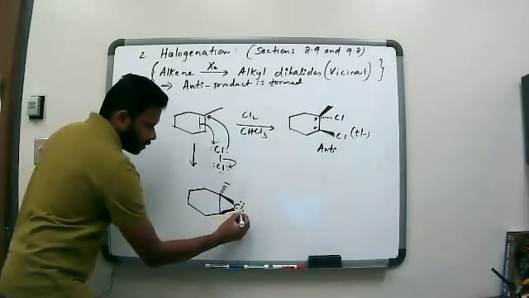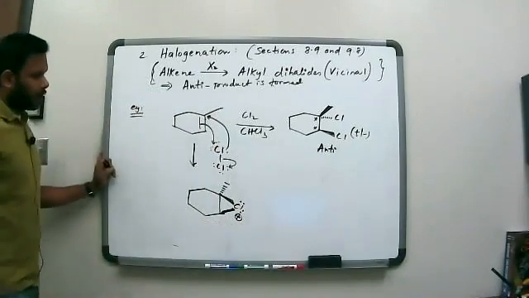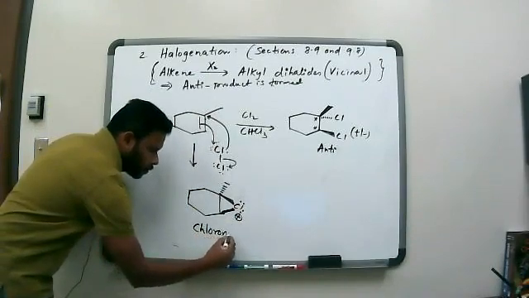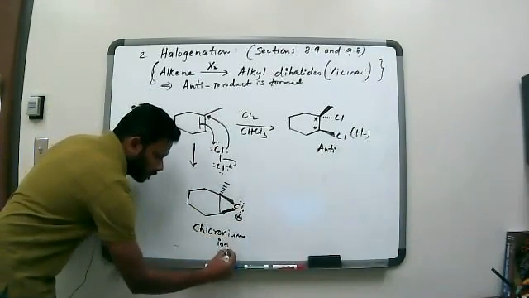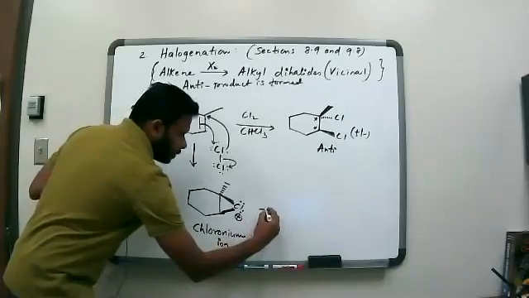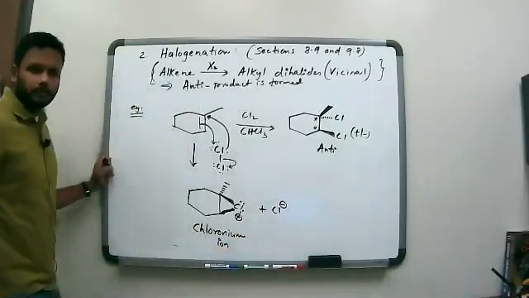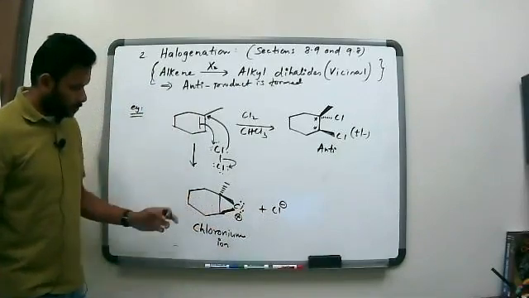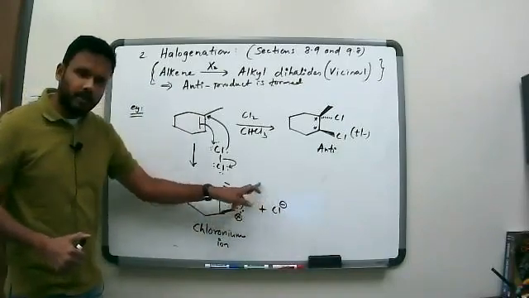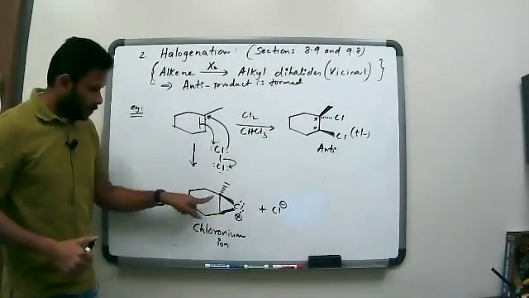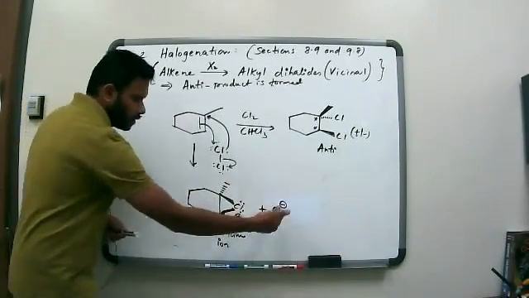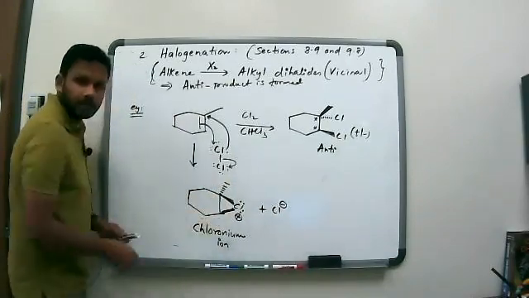So the chlorine now has two lone pairs. It has a positive charge to it. So you've made a chloronium ion. Okay, you make a chloronium ion, and plus you have chloride. Now in this particular case, you have two carbons that can be attacked by this chloride, and you might think that this carbon is more substituted, this is less substituted, and since the chloride comes from the back, it would probably attack the less substituted